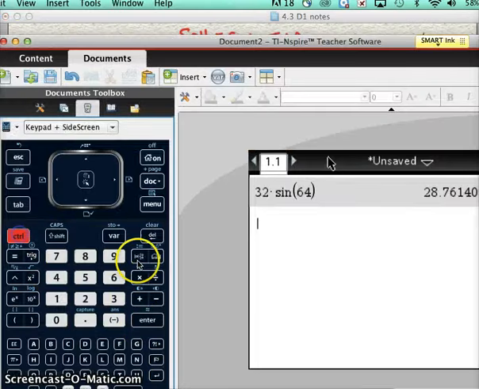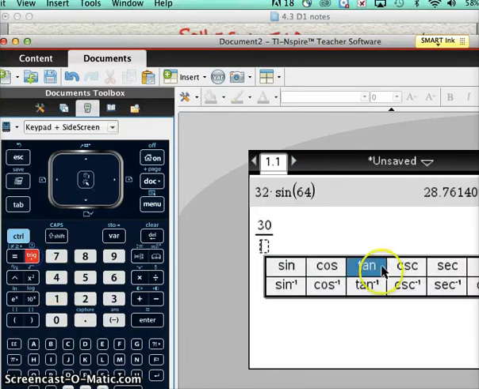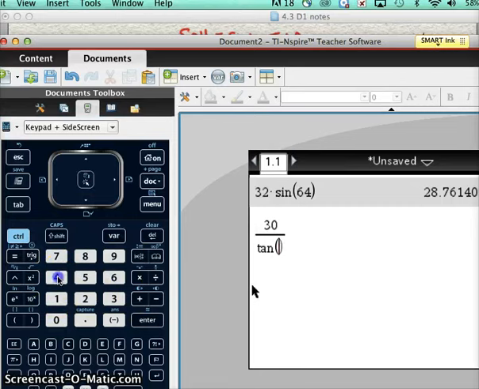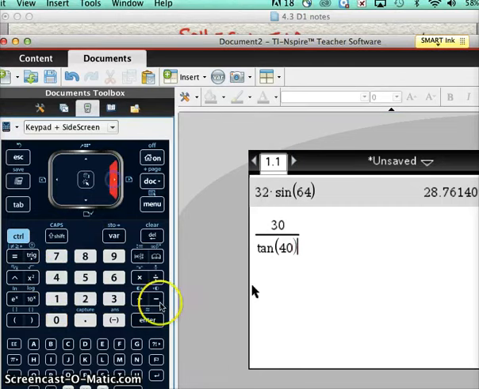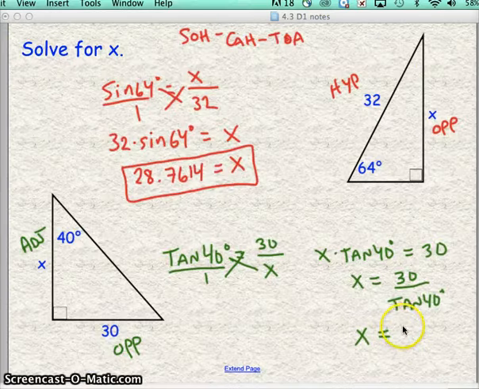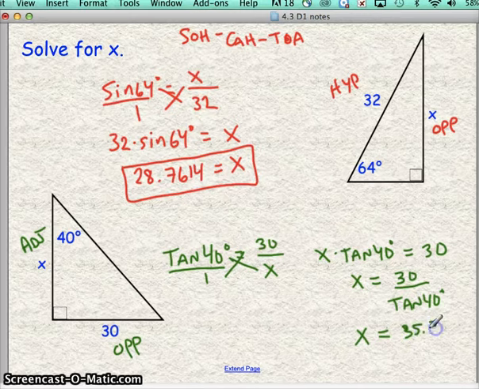Okay, so let's get the calculator back up. So I'm going to do control divide and get my fraction bar, and then do 30 divided by tangent of 40 degrees. And we get 35.753. Okay,